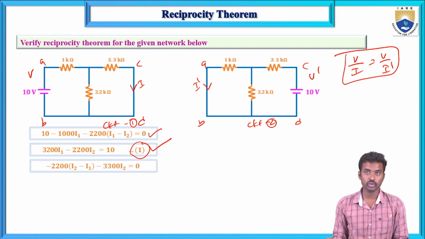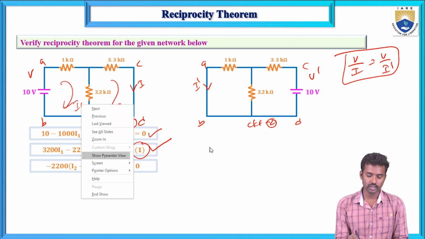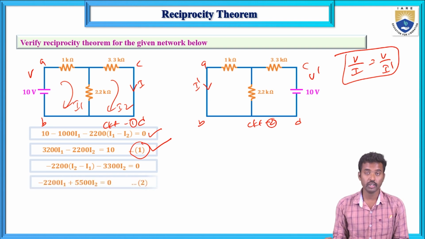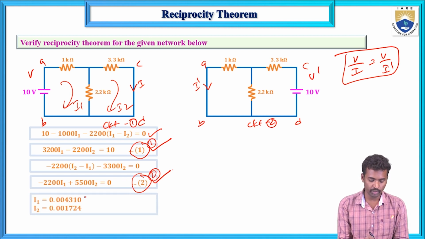So minus 2200 (I2 minus I1), this one, and this is I1. This is I2. Now minus 3300 I2. Now here, the simplified equation is minus 2200 I1 plus 5500 I2 equals 0. This is equation number 2. Now if you solve equation number 1 and equation number 2, you will get I1 equals